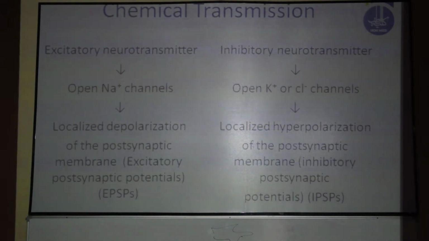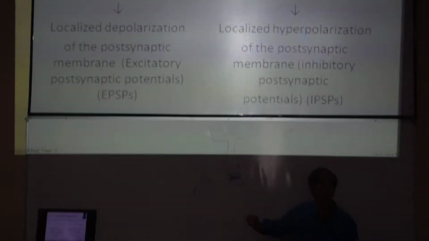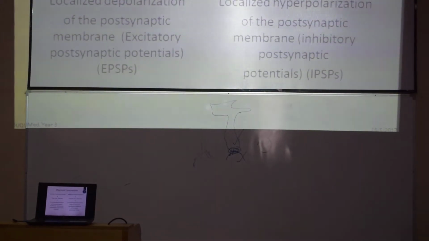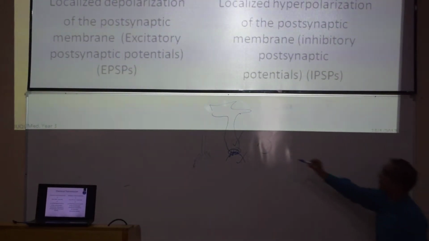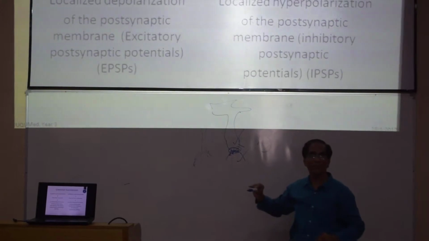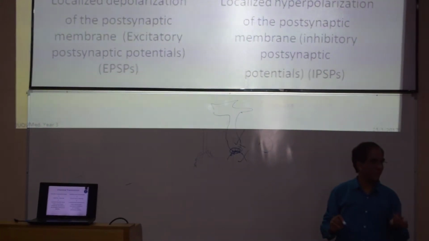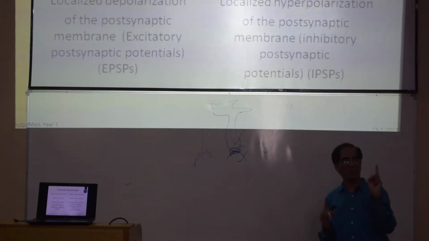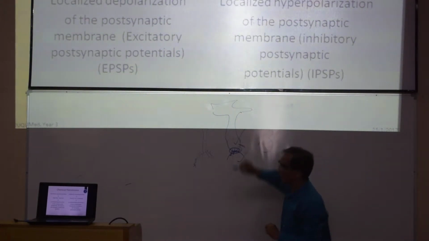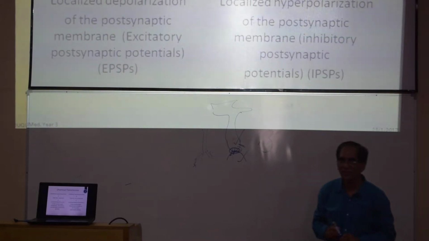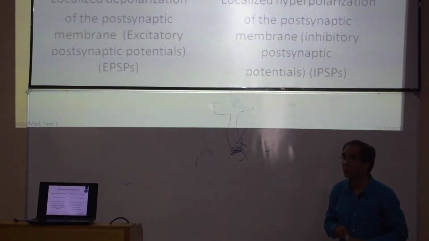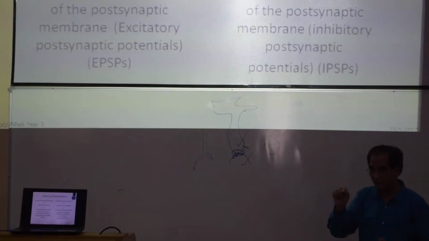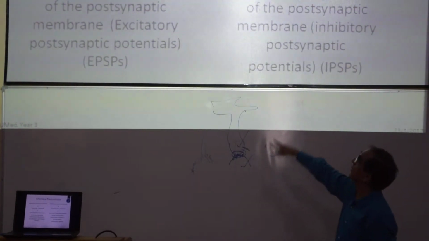When an excitatory neurotransmitter is released from here and comes upon the postsynaptic membrane, first depolarization occurs, meaning sodium goes into the cell. See that? It opens the sodium channel. So it's important: it opens the sodium channel. Is it clear or not? So an excitatory neurotransmitter like acetylcholine, when it acts, opens the sodium channels, then